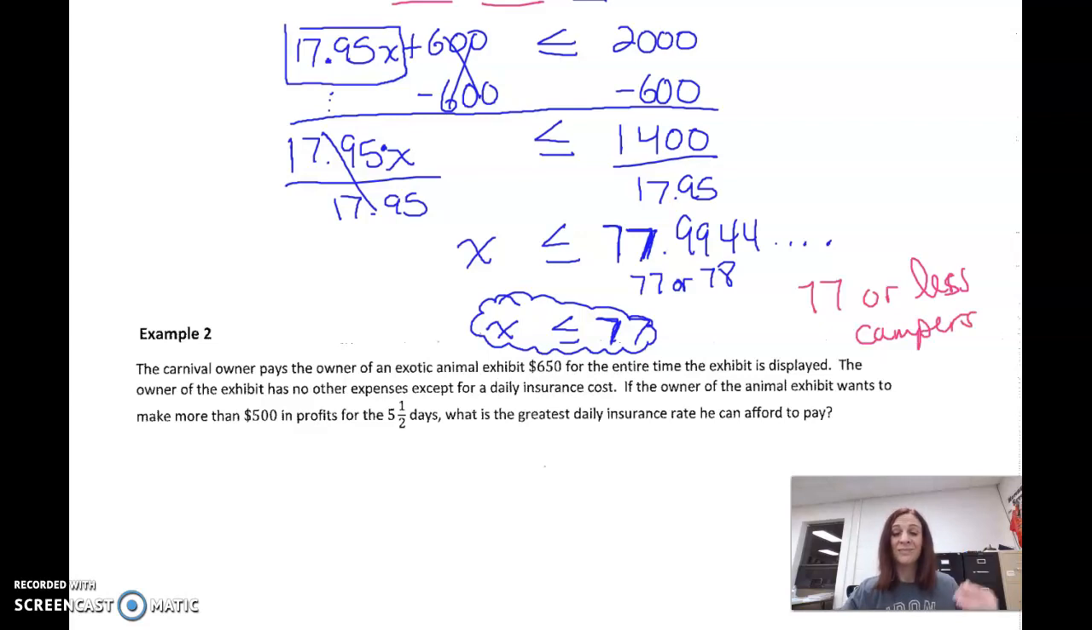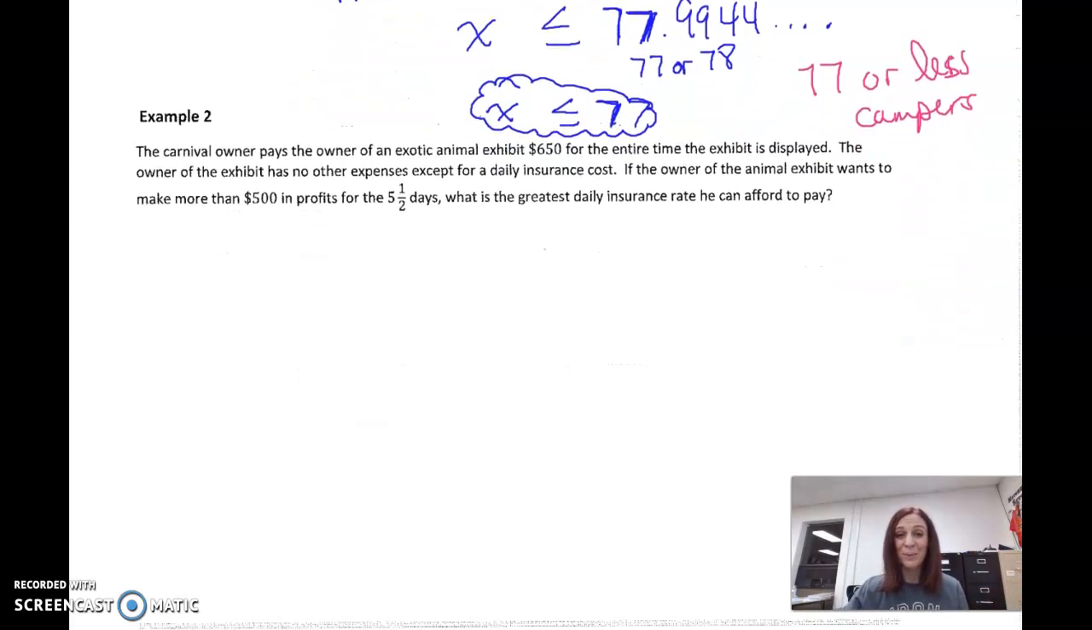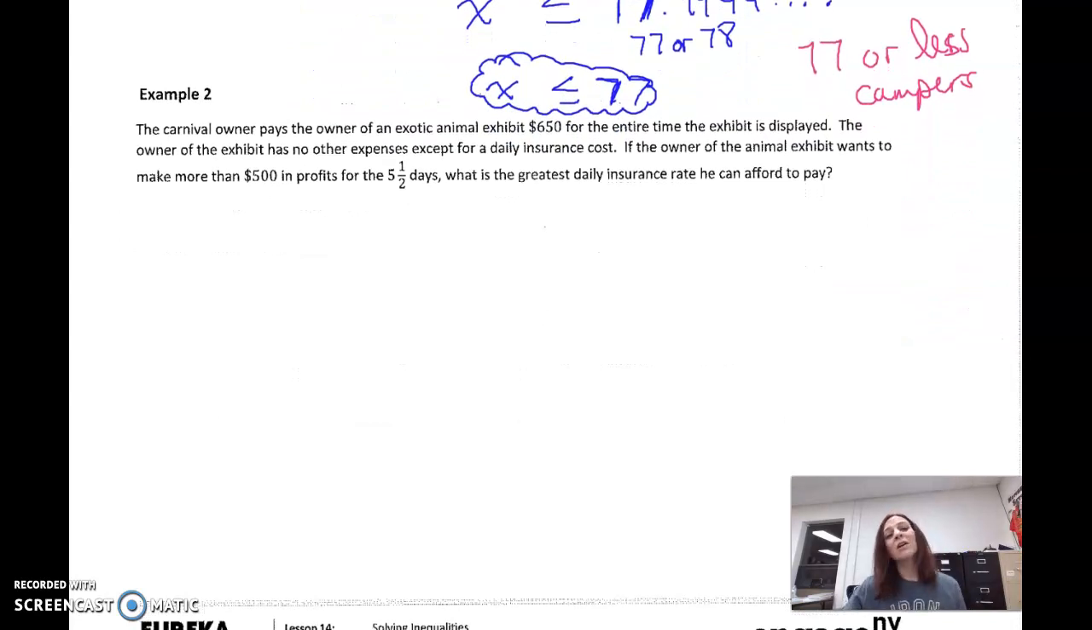All right? Those are the new things. It's kind of like we're always adding on something, right? Let's look at one more example. Now, the carnival owner pays the owner of an exotic animal exhibit $650 for the entire time the exhibit is